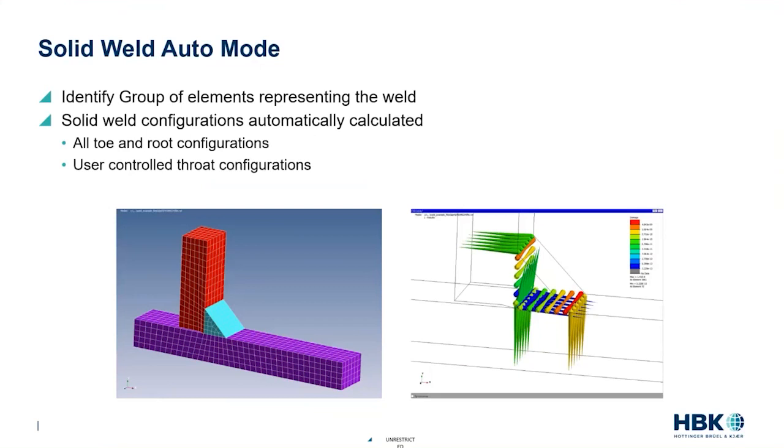The capability that was added a year ago in DesignLife is called the solid weld auto mode. Basically, if we've grouped our weld elements into a separate group, property group, material group, or element set, all we need to do for DesignLife is point to that group of elements. And now DesignLife is going to go off automatically, interrogate those elements, find attachments to the parent metal, and